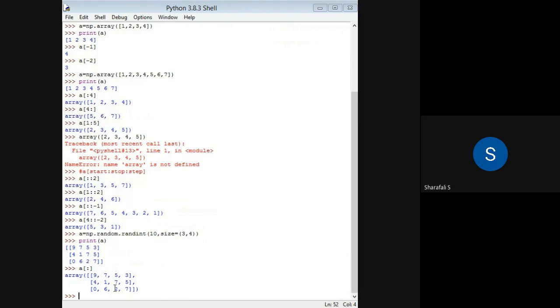And if I want some specific rows and specific columns, then I can give colon 2, and then comma colon 3, for example. So I am specifying rows and columns here. So here I am accessing first 2 rows and 3 columns. This 2 is for rows and this 3 for columns.